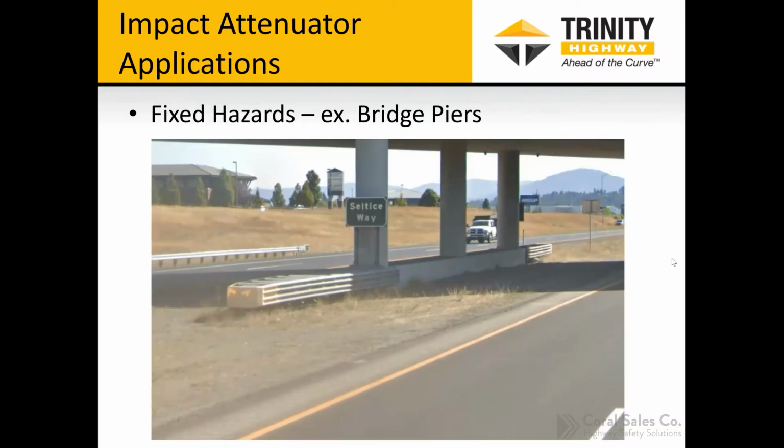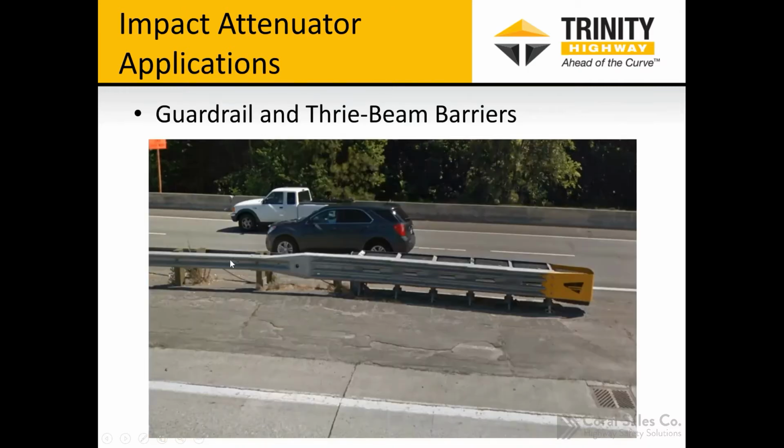And again, I think you can see these are wider units. It's hard to tell, but these are most likely 69-inch wide units. Whereas here, you have a narrow system protecting a guardrail system that comes together. And this is at an exit in Spokane, Washington off of I-90. So the QuadGuard